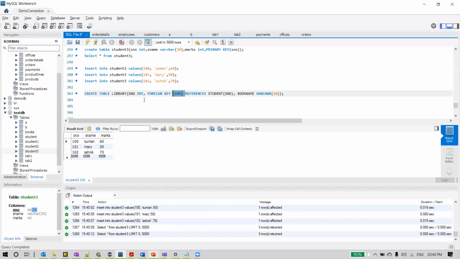S number is the foreign key from this table, which has to reference the student table S number. There is a column S number in student to which the S number, or student number, present in the library table has to be referenced, is what we are saying with this statement. And there is another column called book name. This is the library table, which we call the child table, as it has the foreign key.